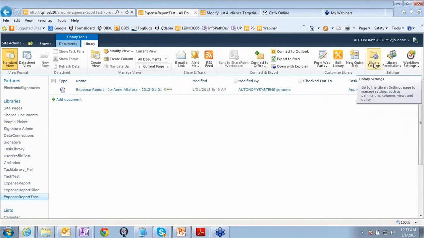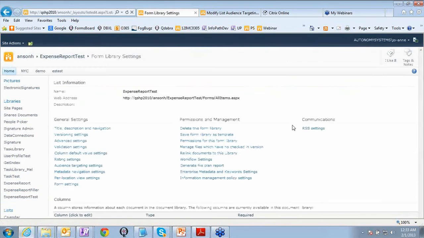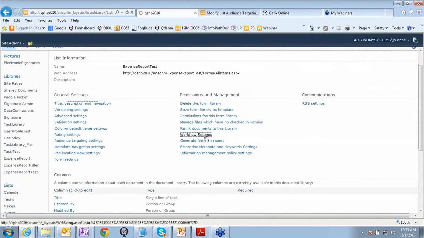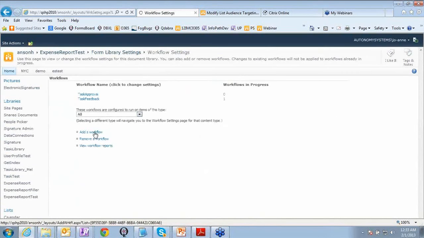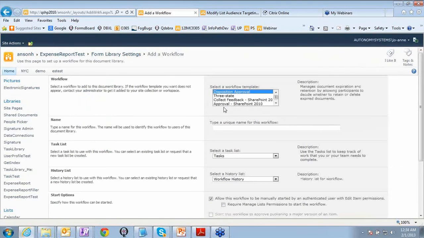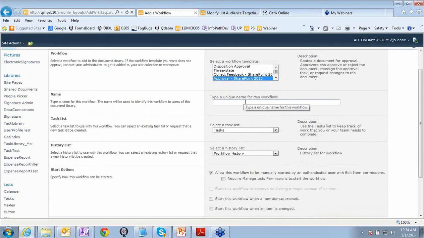But if you create yours, you would need to go to the library settings, select workflow settings, and select add a workflow, and then for the workflow template, select approval, give your workflow a name, for example, task approval, and then this